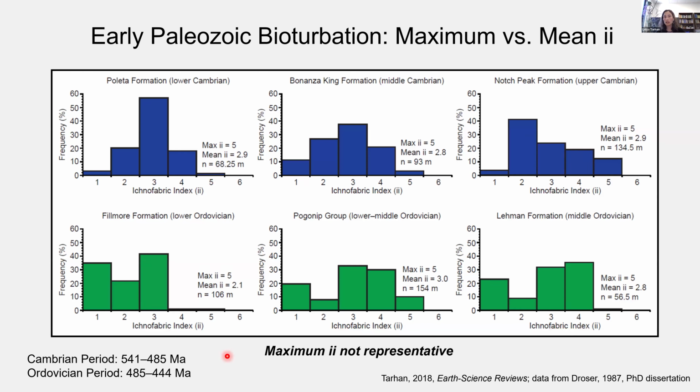So what I'm showing you here are 6 plots representing 6 different geologic formations from this Cambrian and Ordovician data set. And these are representative examples of a much larger data set that spans collectively thousands of meters of stratigraphic section over which bioturbation data have been continually logged. And along the x-axis of each of these plots are 3 older examples of Cambrian age on the top row and our 3 lower examples of Ordovician age, we can see a very commonly used metric